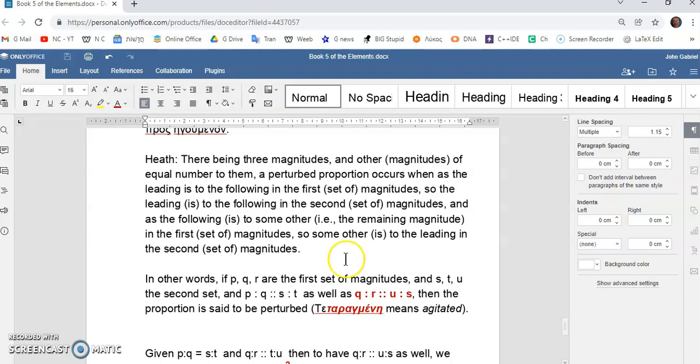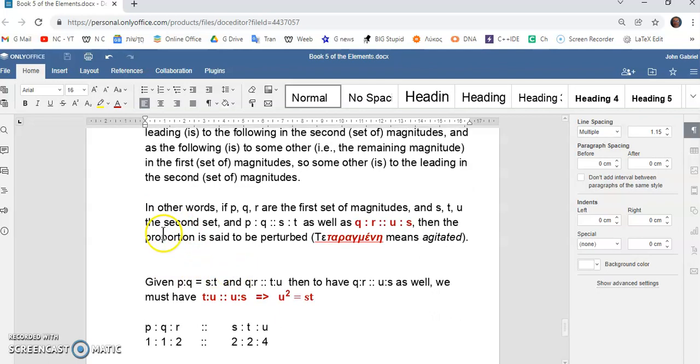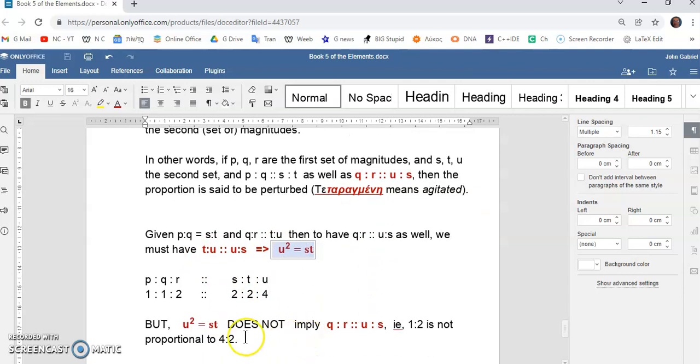In any case, Heath's translation is totally wrong, because if we're given PQ equal to ST, it's actually not equal, it's in proportion, and QR in proportion to TU, then we have QR in proportion to US. Then to have QR in proportion to US, we must have U squared equal to ST. And we'll see that in order to have this, this is a particular ratio where this is true. Now, in this ratio here, which is a perturbed or teragmenian analogia, which means perturbed proportion, U squared equal to ST does not imply this,